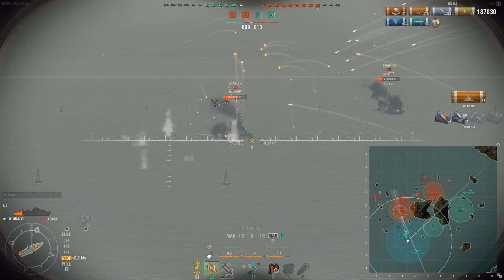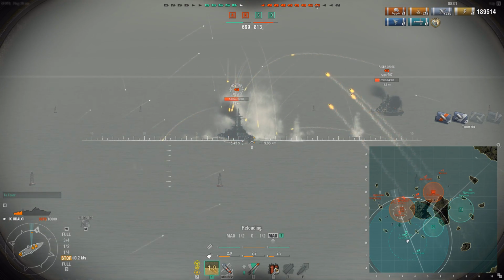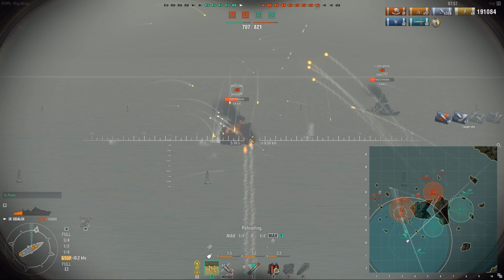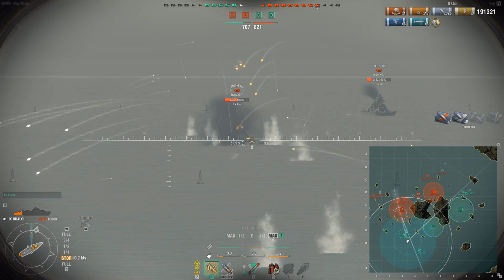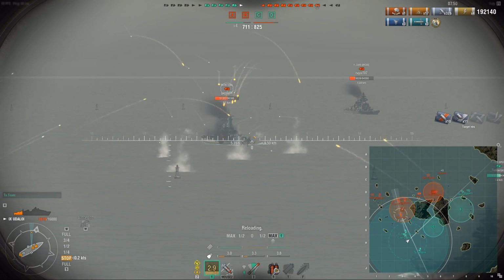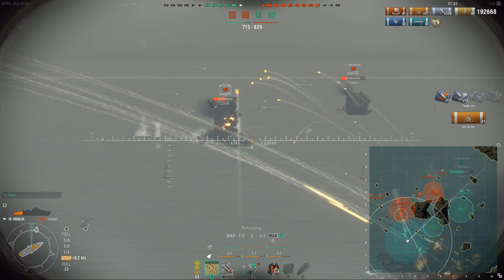So I'm obviously just spamming more HE on them. And this is very much a fundamental playstyle of the Udaloi and of the Khabarovsk as well. A lot of HE spam, keeping your distance. Of course, for some reason you have significantly less range on the Khabarovsk, which is something I'm not really that